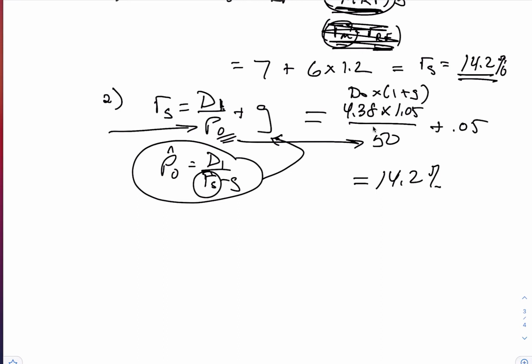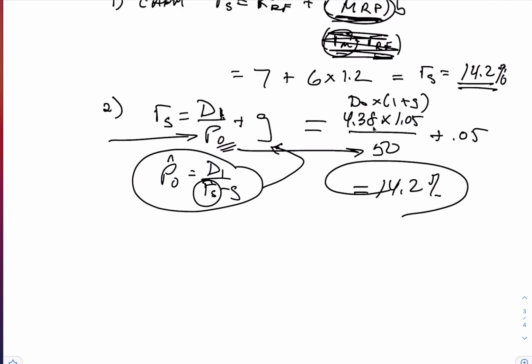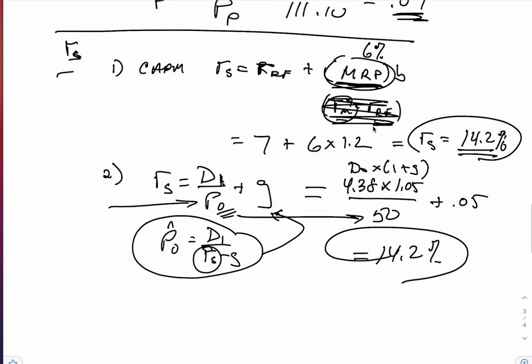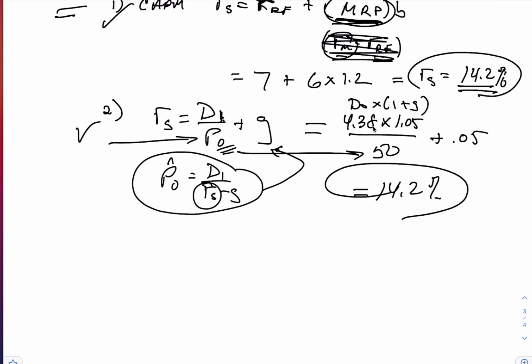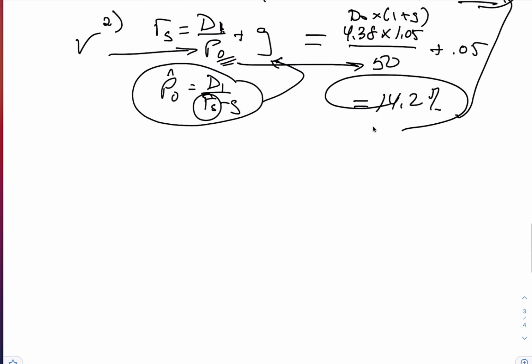Oh, that's convenient. It's the same number. So I'm showing you two different ways of calculating RS. They should be consistent. But often, if you make slightly different assumptions from one model to the next, you'll get different numbers. And if you get different numbers, you just take an average of these numbers, as I'll show you in a minute. Now, the third method to calculate RS, you're not familiar with.